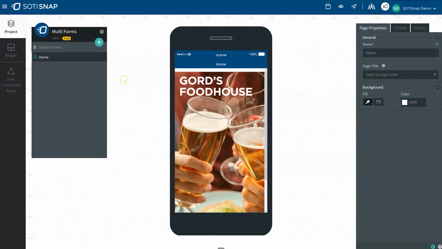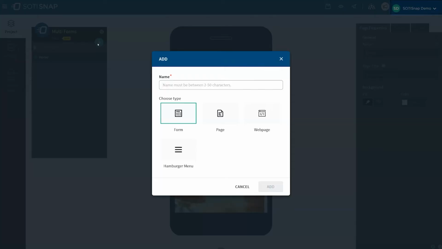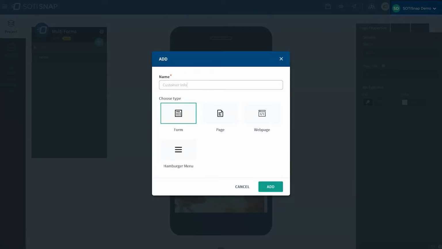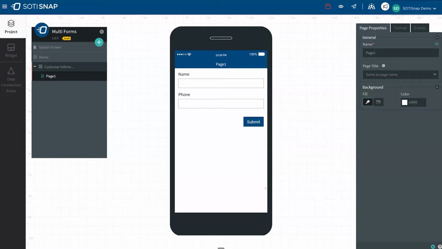To create a form, click on the Project tab in the left side menu of the SOTI Snap console. Next, click on the plus sign in the top right corner of the project panel. A dialog box will appear in the middle of the screen. Select Form and give the form a name. In this case, we can call the form Customer Information. Next, click Add. You'll now see in the project panel, the Customer Information form has been added along with page